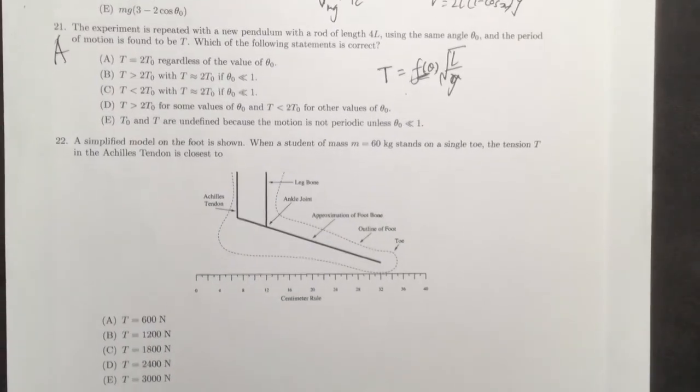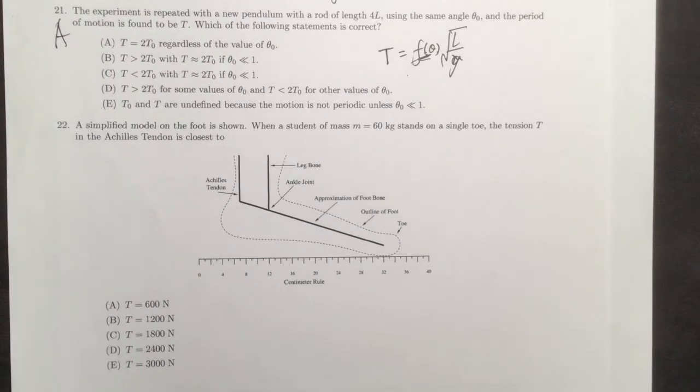So question number 22. A simple model of the foot is shown. When a student of mass m equal to 60 kg stands on a single toe, the tension T in the Achilles tendon is closest to what? So this is a very simple